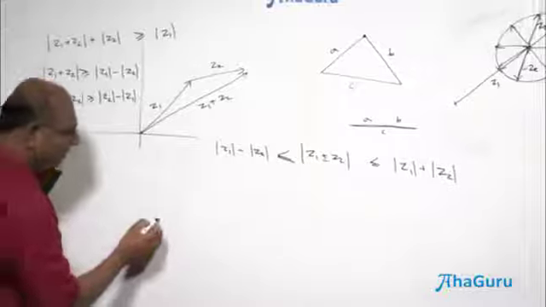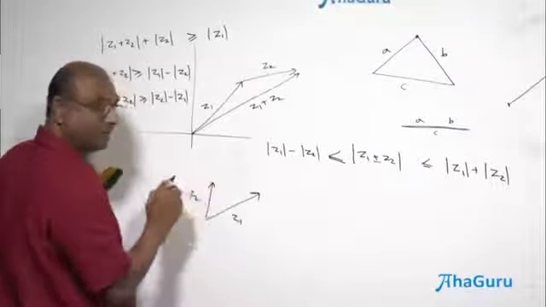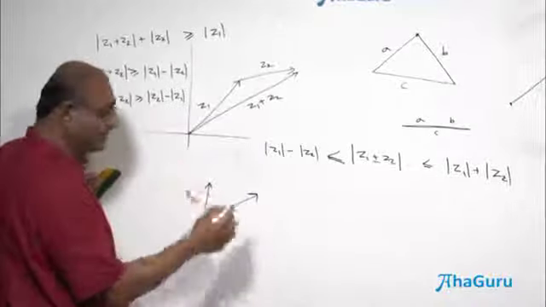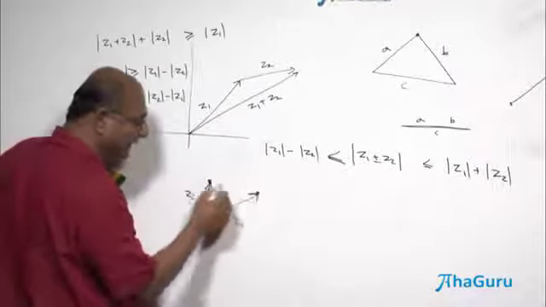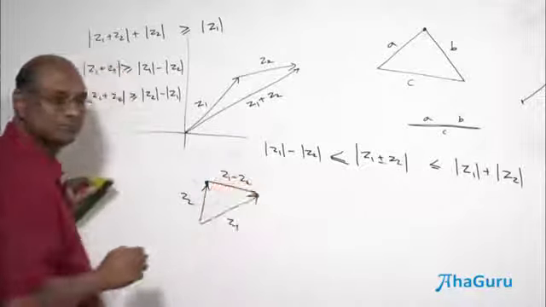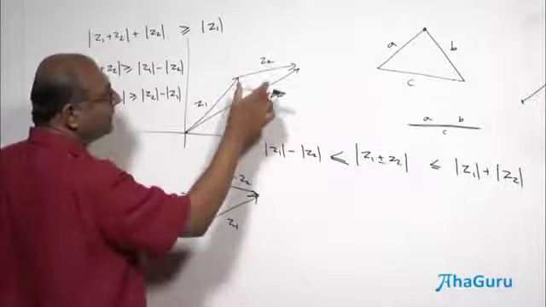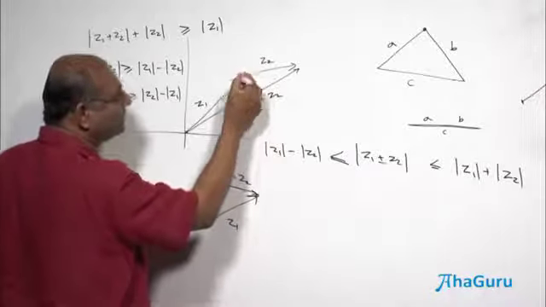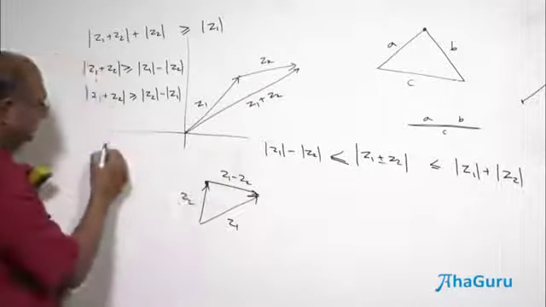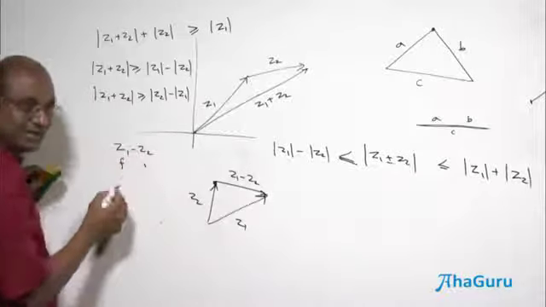But if you think of Z1 here and Z2 there, what is Z1 minus Z2? Z1 minus Z2 means final minus initial. So this is your initial, that is your final. You're going from initial to final. Z1 minus Z2. Please keep that in mind. When you're adding, the tail of Z2 must come and land upon the head of Z1. When you're subtracting, always remember Z1 minus Z2: think of this as final, think of that as initial.